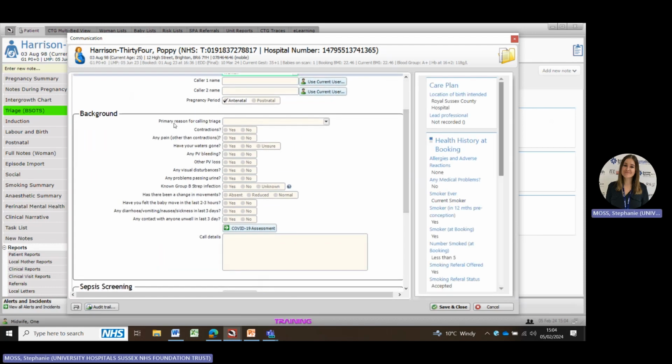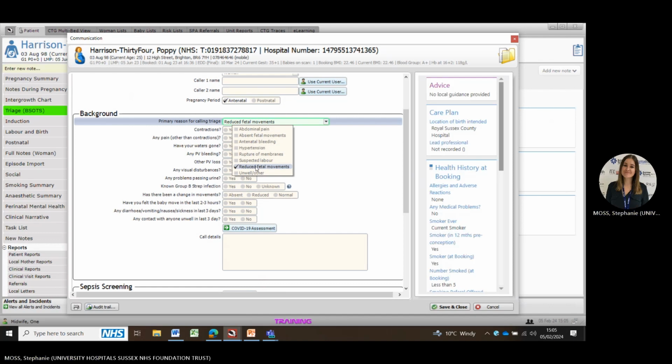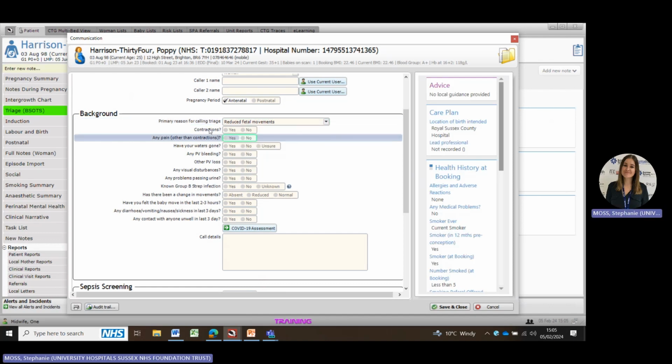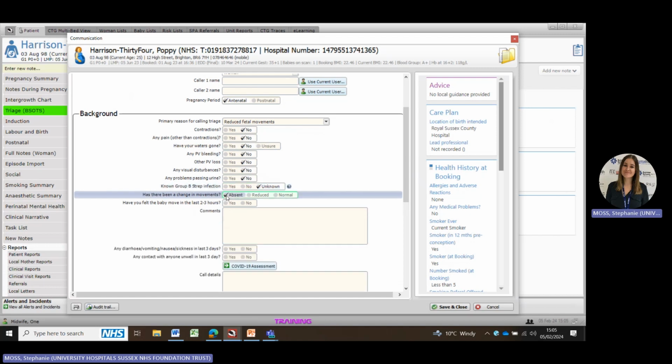So it asks the primary reason for them calling triage. We will say that again, it is reduced fetal movements. And then we'll answer the rest of the questions. So are they contracting, any pain, have your waters gone, bleeding, any visual disturbances, any problems passing urine, do they know if they have GBS, any change in movement. So we'll say that they have been absent today and no, they've not felt them in the last couple of